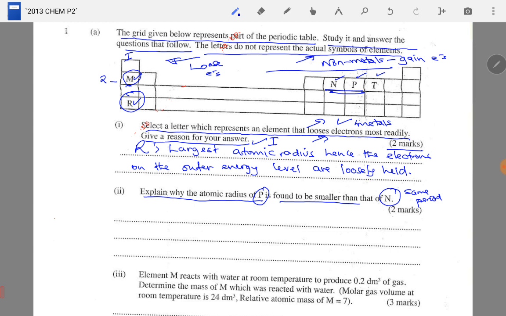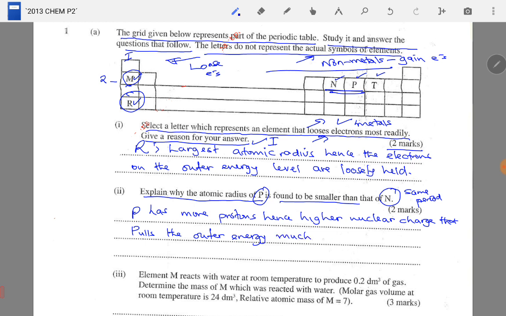explain why. So P has more protons, hence higher nuclear charge, that pulls the outer energy level much closer. That is the reason. We now get to